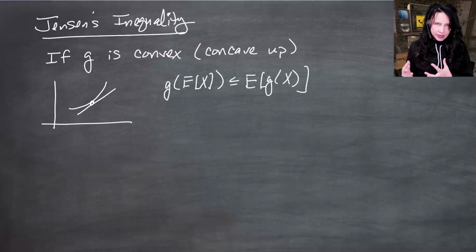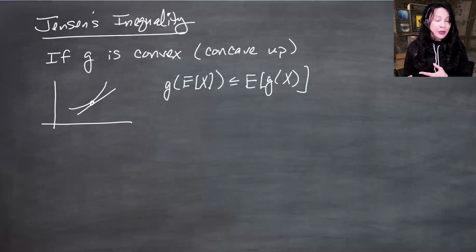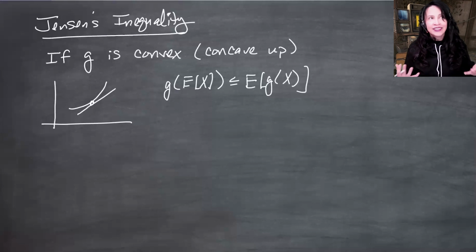And so it tells you something about taking expectations inside and outside of a function. If you have a linear function, that's not going to change anything, and you'd have equality here. But if you don't have a linear function, then you can try to narrow it down further. Okay, it's not linear, but it's convex, then you have this result. And if it's concave,